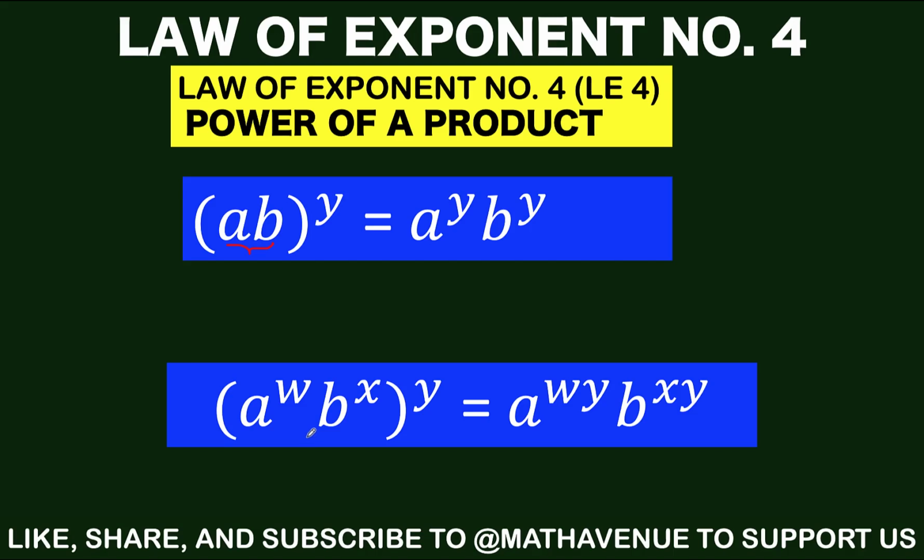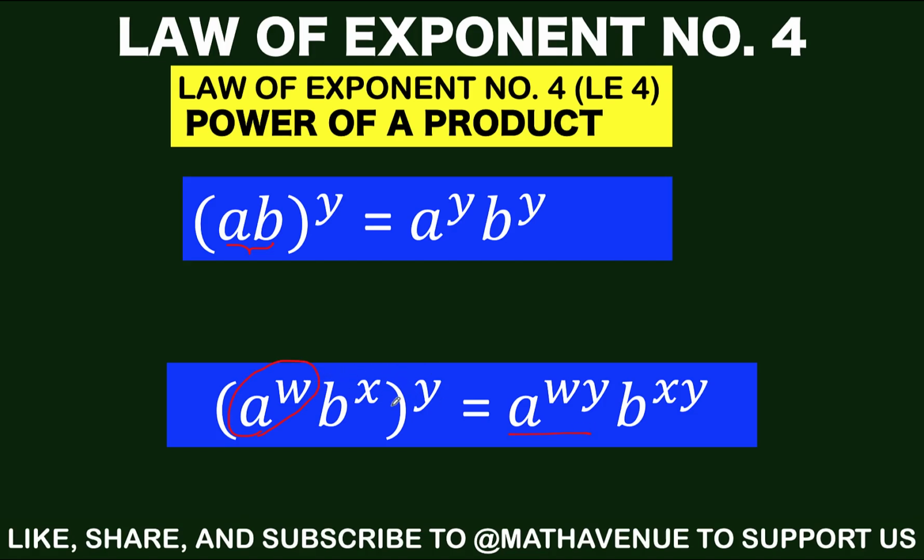And the second case would now resemble law of exponent number 3 because you have a number in exponential form times a number in exponential form all raised to another exponent. And the way to simplify this is to apply law of exponent number 3 repeatedly. That means this first exponential number raised to this exponent y is equal to this, which is exactly our law